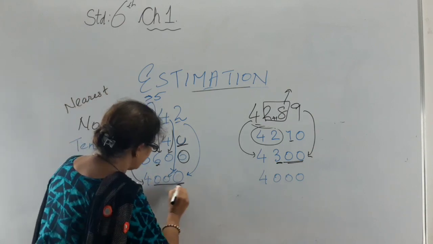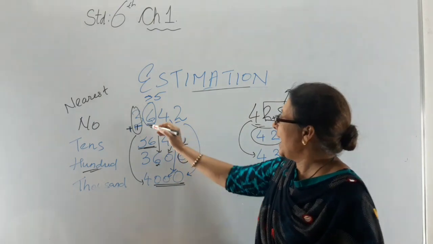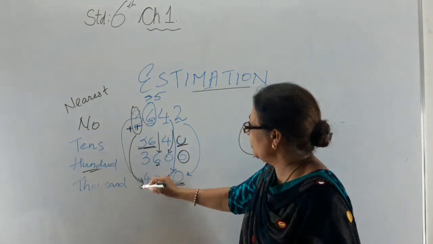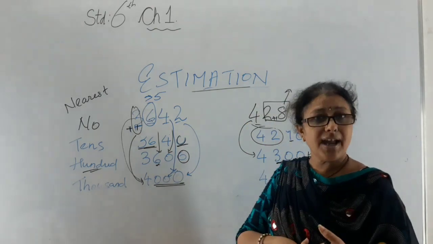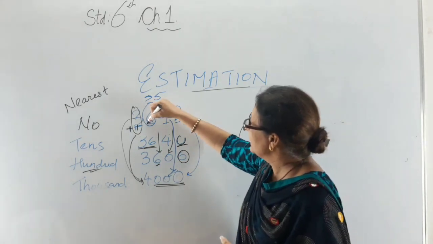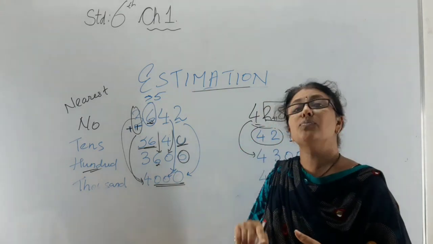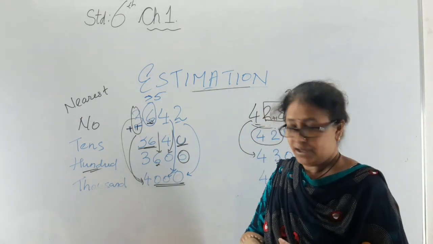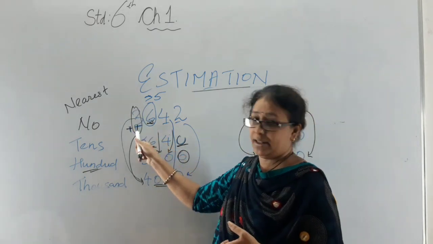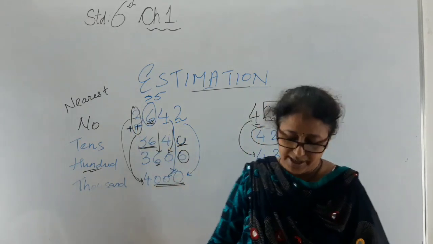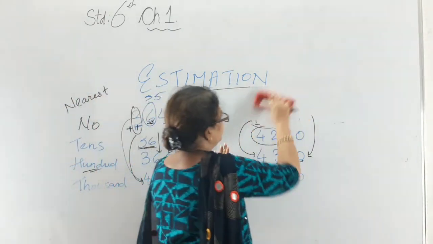So the last 3 digits have become 0 because it is in the thousands place, and 3 has got converted into 4 because we are adding 1 to 3. Why we are adding 1 to 3? Because the next number to 3 is 6, and as 6 is more than 5, 6 will get converted into 0 and we will be adding 1 to 3, which makes 4. Same way over here.